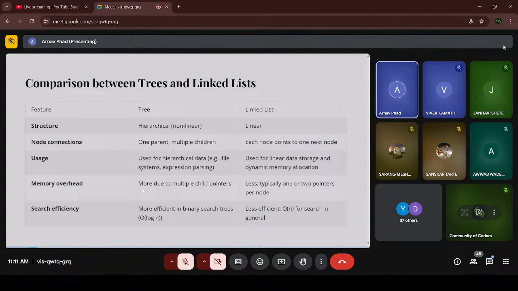A tree contains more memory, whereas in a linked list there is only one pointer to the next node, or two pointers depending on whether it's a singly linked list or a doubly linked list. So the memory consumption of a linked list is very low. And now,